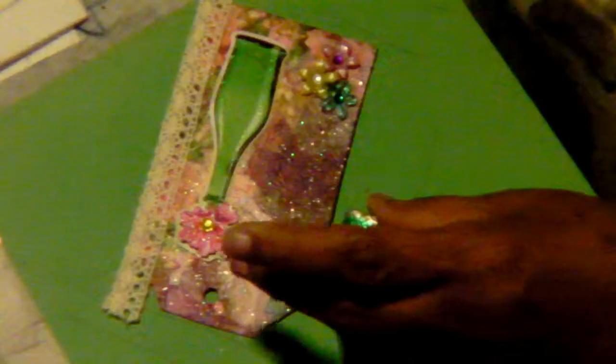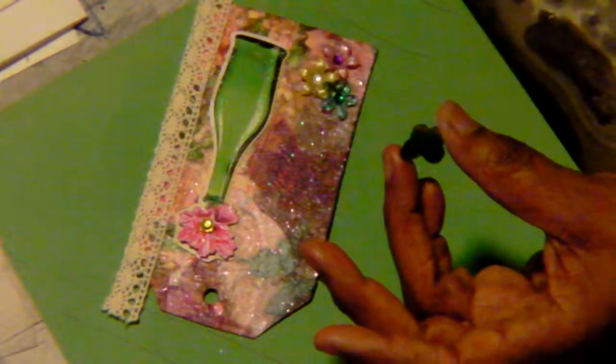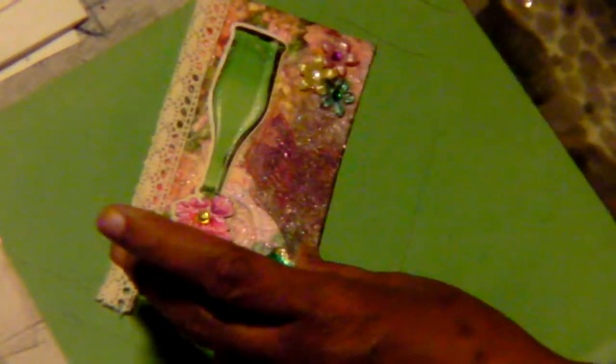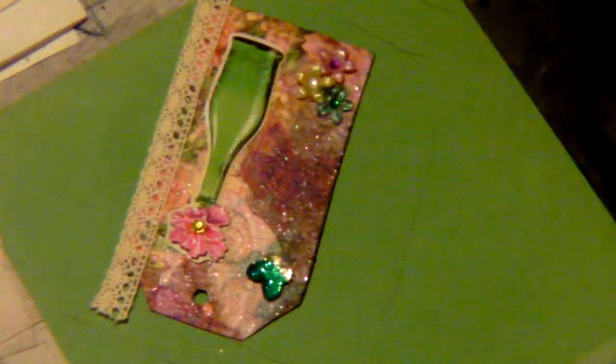But the color I'm going for is green. So, of course, my butterfly is going to be green. And I have enough glue here left to glue him down. And put a little in the space, like I said. And put him down and glue him. There you go. All right, so I got those down, and this is where we are so far. And I'm going to bring it forward. See? What do you think? Okay, so we continue on while my lace is drying. Okay, now